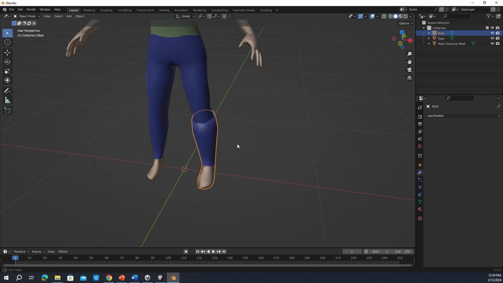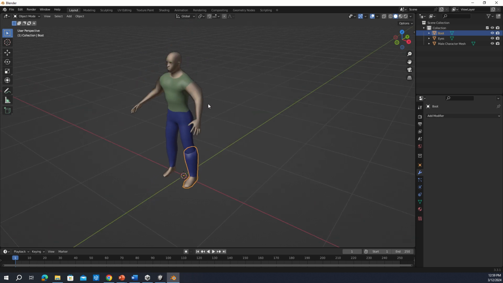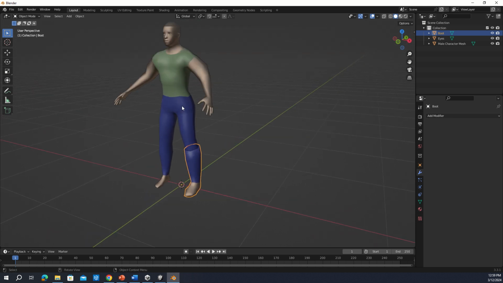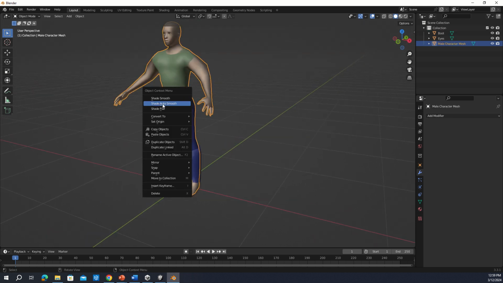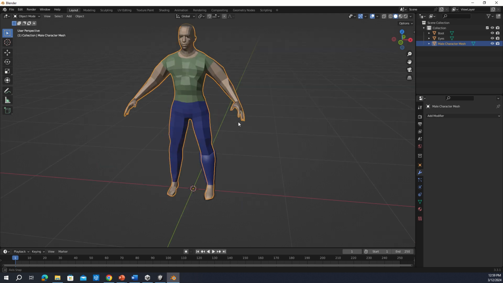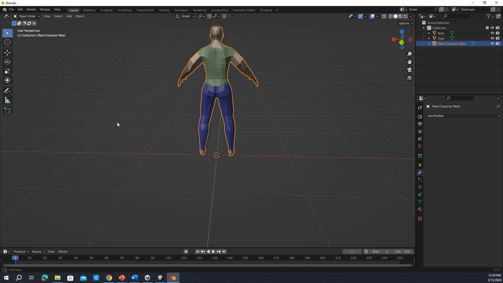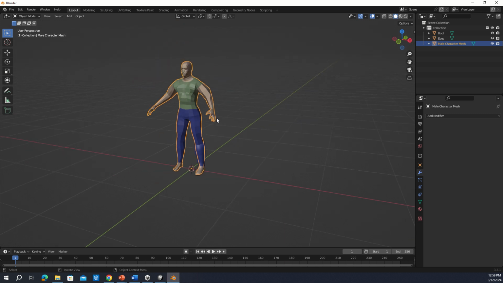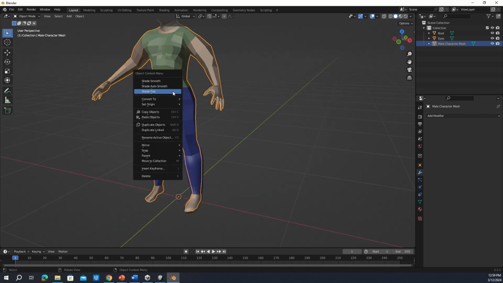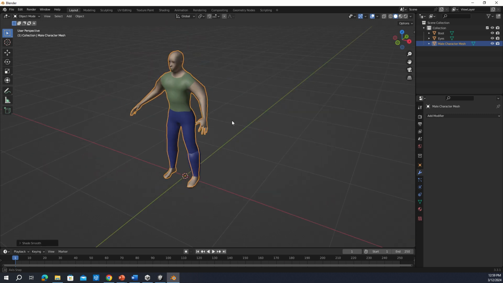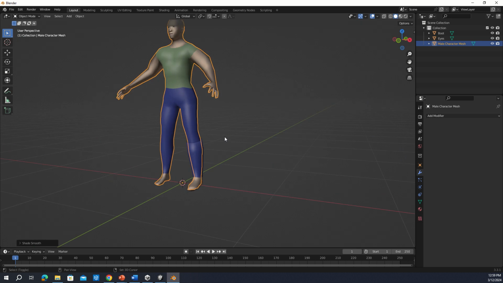Now, this is all set to shade smooth. So if that's the style you want, you can leave it like that. You can also select an object in object mode and change to shade flat, and you get more of the low poly, like PlayStation 2 kind of look. And that's fine too. It's whatever you like. I'll leave it on shade smooth. And now